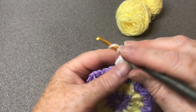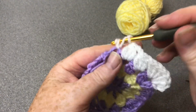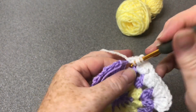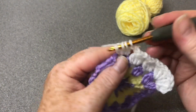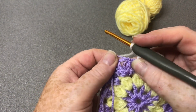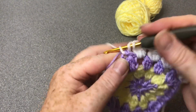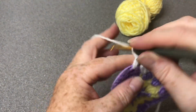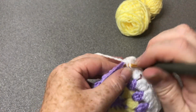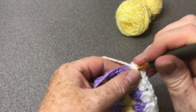I'm going to do something a little different. So there's my 2 chain. Now I'm going to do my treble 3 together, or double 3 together, and I'm going to do 1 chain only. Now I'm going to make my corner with my 3 UK treble US doubles going over that tail. Helps when I come to sew it in. 1 chain, 3 in the same space,